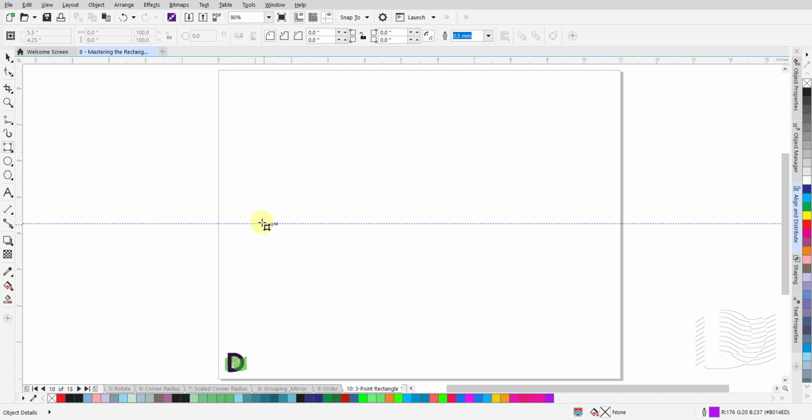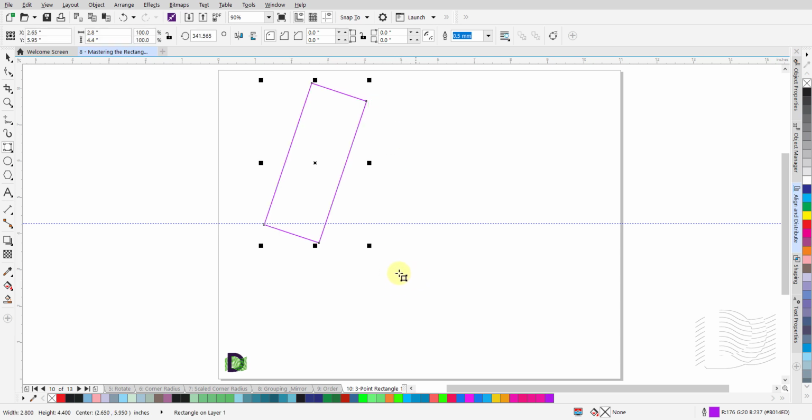To draw a rectangle using the 3-point rectangle tool, left-click and hold the mouse button at the start point. Drag the mouse diagonally and release the mouse button when you get to the intended endpoint. Drag the mouse up or down to start drawing the rectangle. Left-click once when you get the size of the rectangle you have in mind. This will complete the rectangle and disengage the cursor from the canvas.